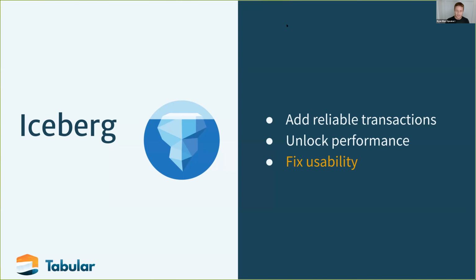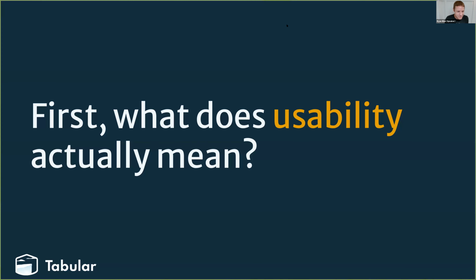So let's get a little more concrete and talk about what usability means. Because I think without knowing what usability actually means, we tend to think of it as features. Oh, does it have feature X or feature Y or something like that? And there's a lot to usability that doesn't have to do with features. Now, like I said, Iceberg has the features to make it performant, the features that meet your reliability needs and things like that. This is used in production in a lot of places, but today we're focusing on usability,